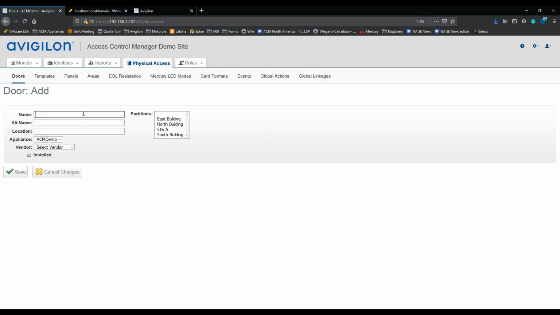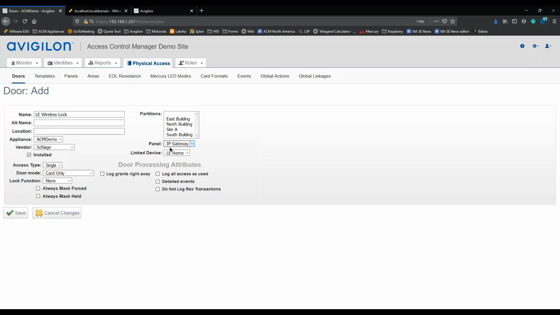And now I'm going to add the LE lock that I have here. So I'm just going to call this LE wireless lock. Vendor, once again, Schlage. This will come in, look into the gateway that I have, and I'll pick the right one. Click in details right there. Any other functions I want to change, I can go ahead and do it over here. Here are the functions for the lock function. And I'm just going to keep it simple and go ahead and do save. And this will go and create the other door. And once that's done,